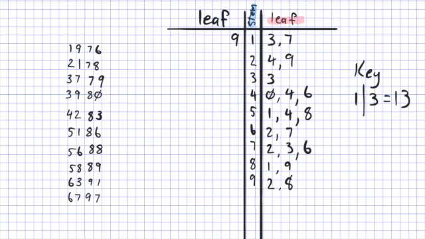Now, an important part to note here is that the lowest value goes closest to the stem. So for our next one, it's not so much a problem, but when we get into the 30s, it's going to go 7, 9, and it's going to count out from the stem like that. So we also have a 2, 51, 56, 58,